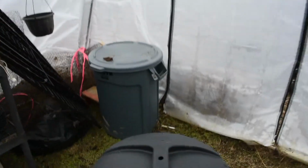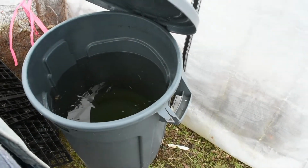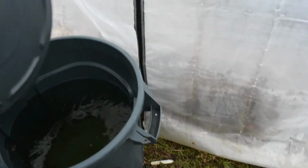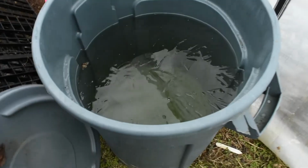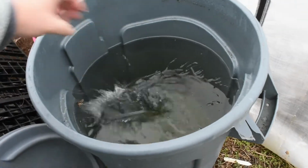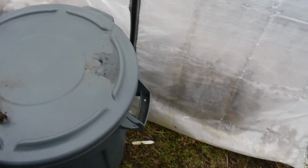You'll also notice we've got a bunch of these Rubbermaid trash cans in here. The Rubbermaid cans are all filled with water. Keep in mind it's 26 degrees outside, but there's only a little bit of ice here, not much. Why we have the water cans, couple reasons. Number one,